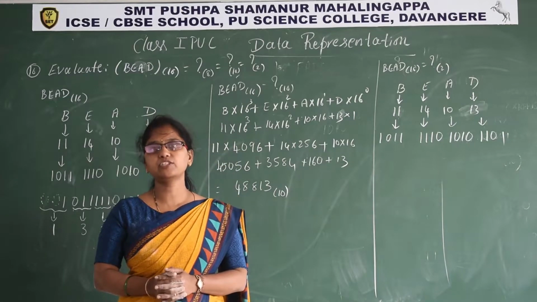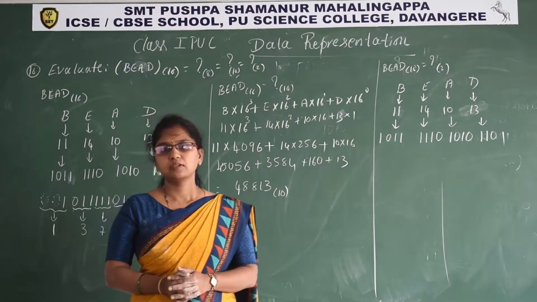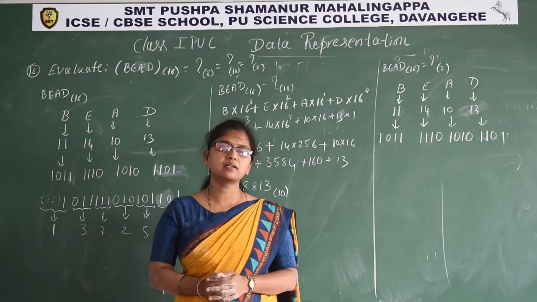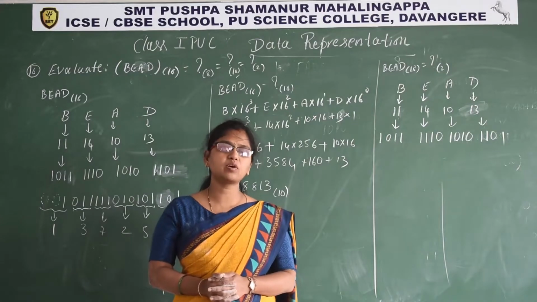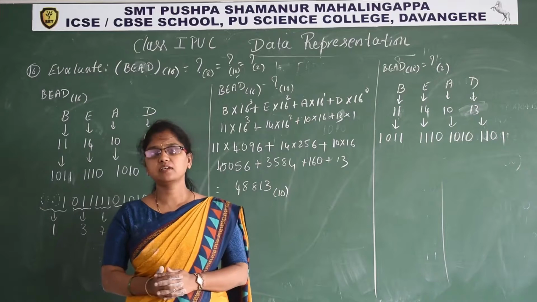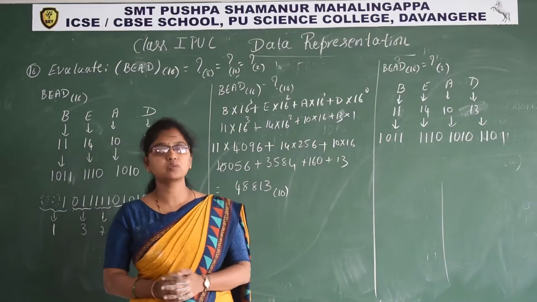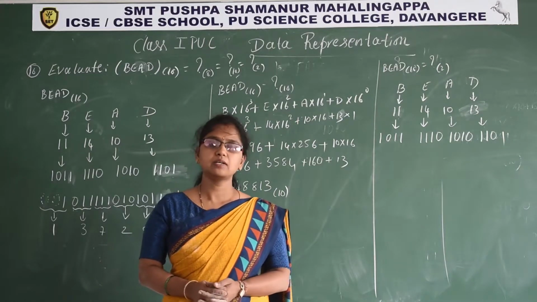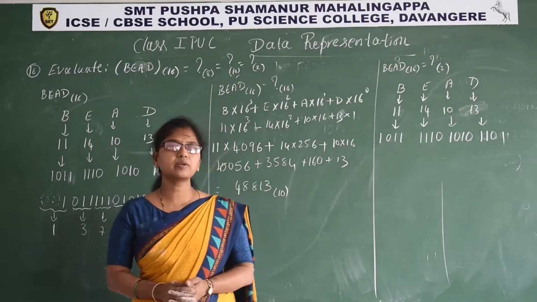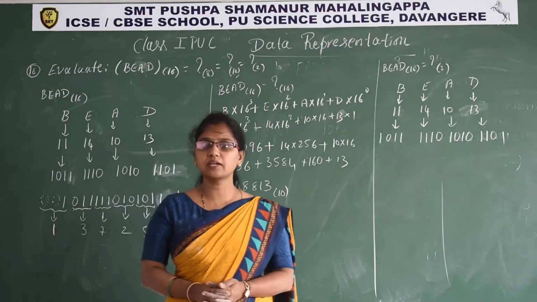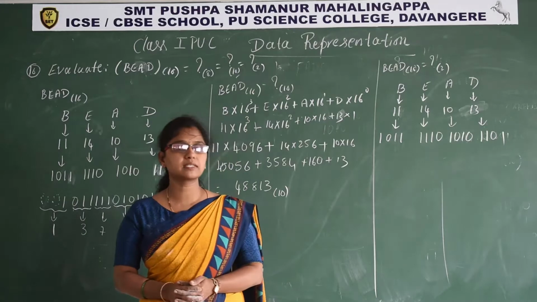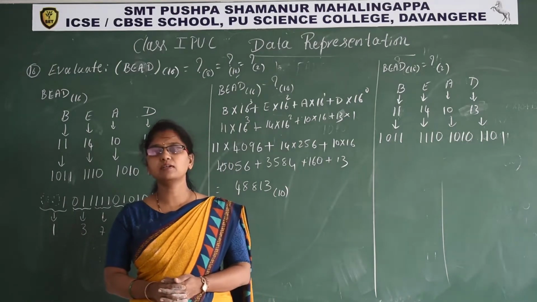After that, binary addition and binary subtraction. In binary subtraction using that method, we can subtract only a smaller number from a larger number, and we cannot represent negative numbers. To represent negative integers, we have different methods: ones complement, twos complement, and sign and magnitude representation. In sign and magnitude, if the number is negative, the sign bit is 1; if positive, it is 0.